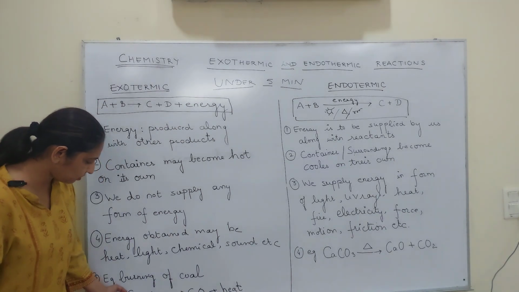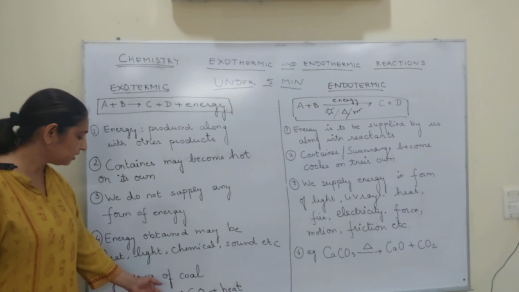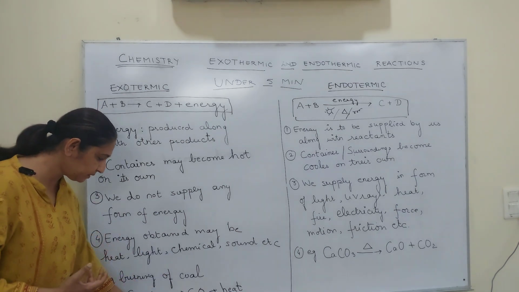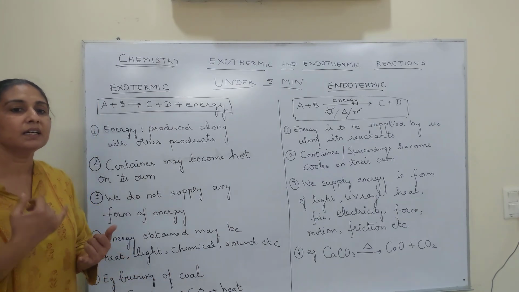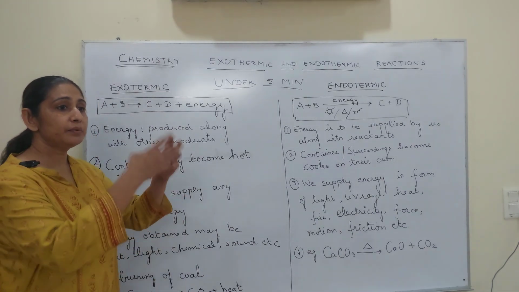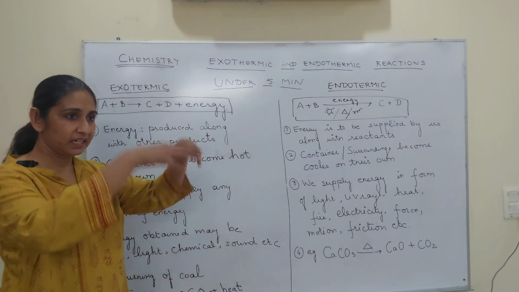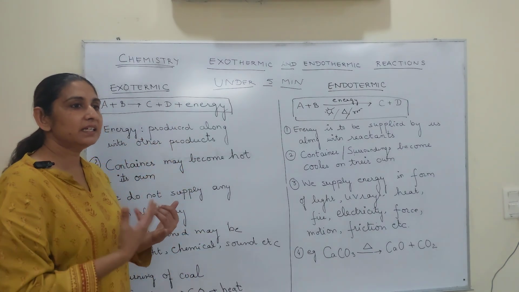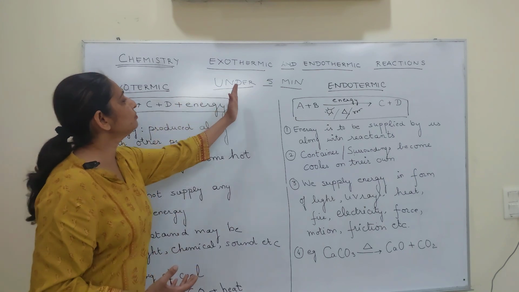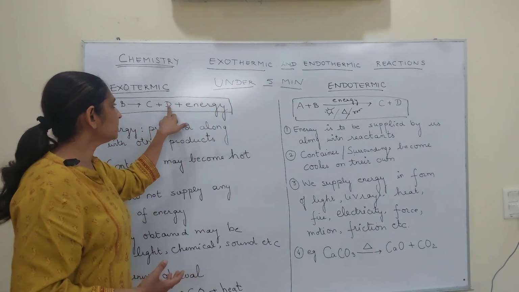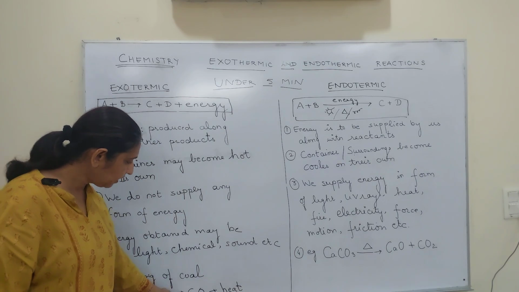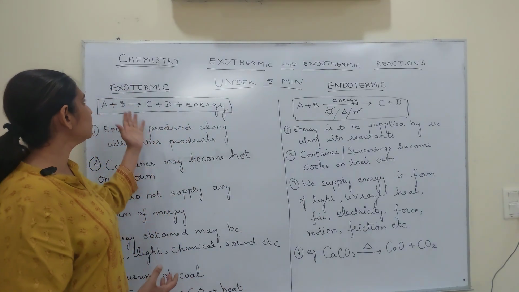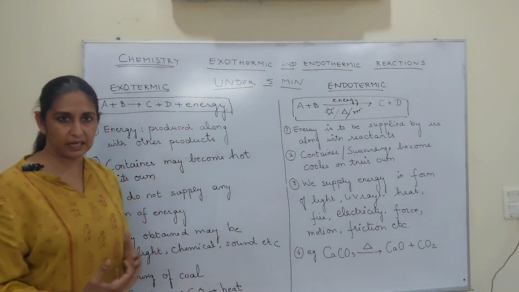Suppose we have charcoal. Charcoal is carbon. If we burn it, or if you have wood or anything, if we burn it, what do you get? You get carbon dioxide, and it produces so much light and heat and all those things. So the light, the heat, the energy is a part of the product. You're getting carbon dioxide here as a product, and you're getting heat and light as a product. So those are called exothermic reactions.